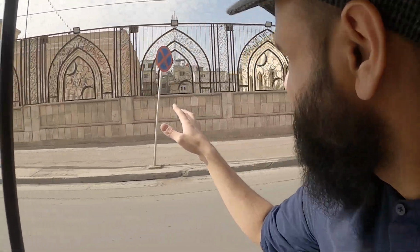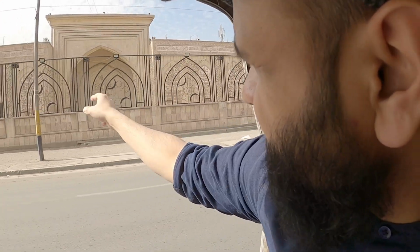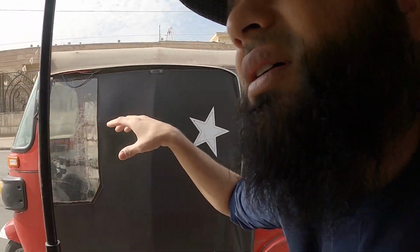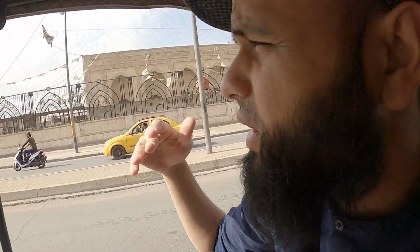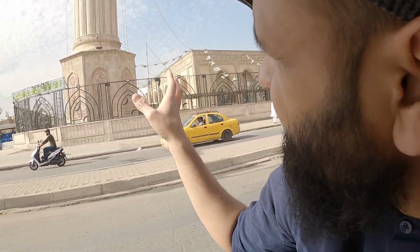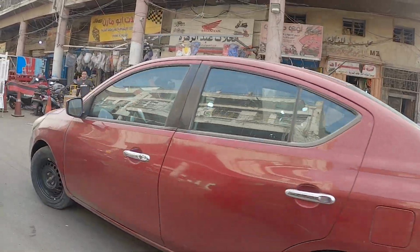So different. So this here apparently is, you can see it there as well, this is basically the Madfoon Qabr. Abdul Qadir Jilani, one of the notables, a very famous Islamic scholar and a Sufi saint, his grave is actually just there. This is what I'm talking about. I love